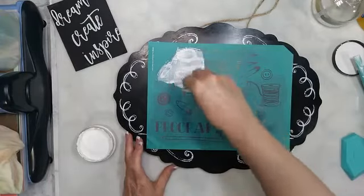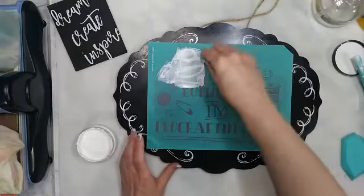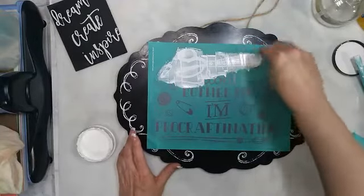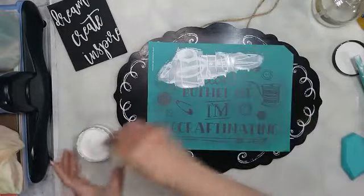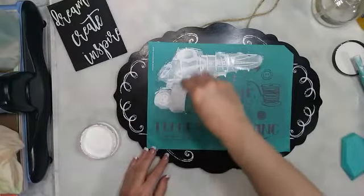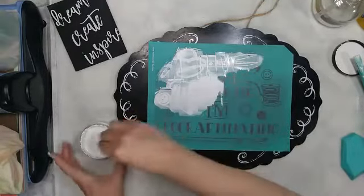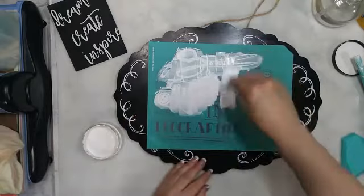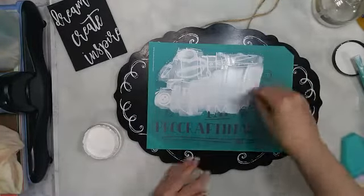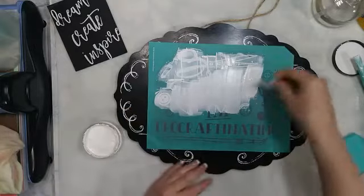Now I do this a little bit different. Every designer has their own way of doing it. I like to put my paste on and pull it over the design and basically pick up the excess as I go. I am going to have to go back over it and make sure that I've got all the extra off, but I don't like to cover the design completely and thickly, even though it's going to be,